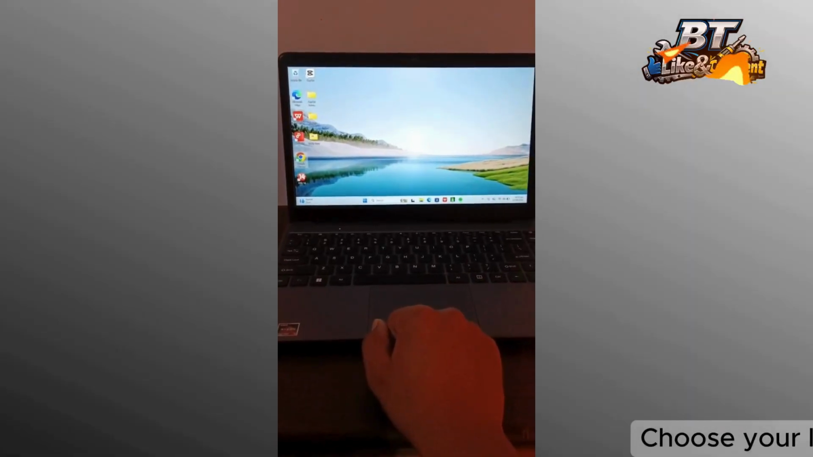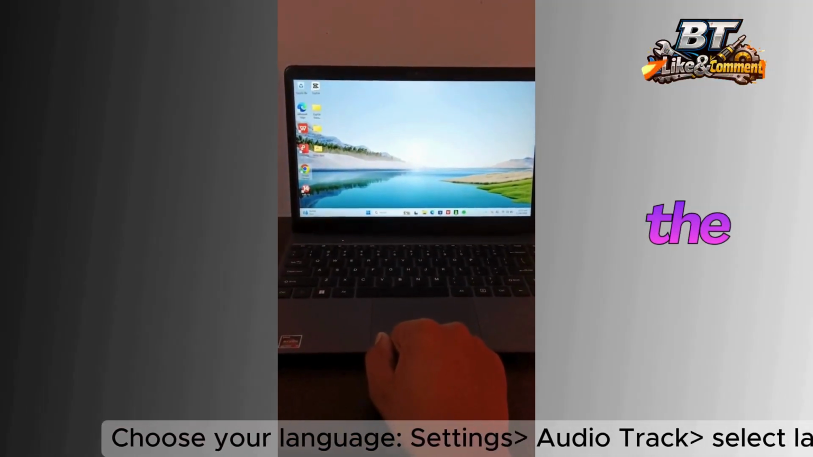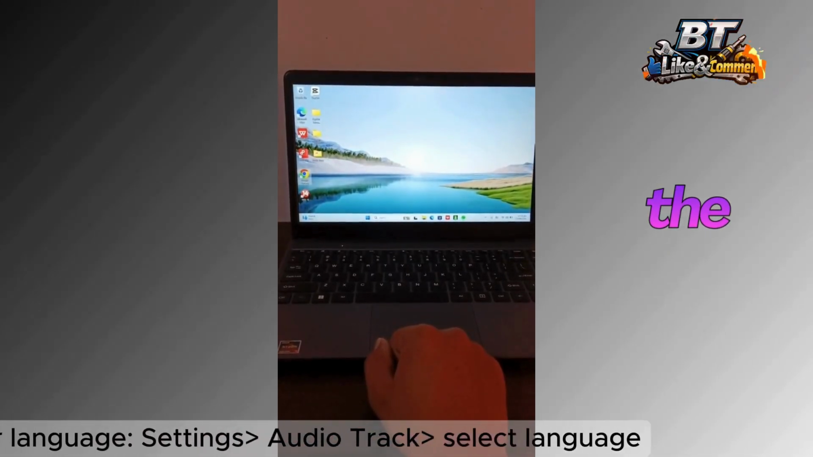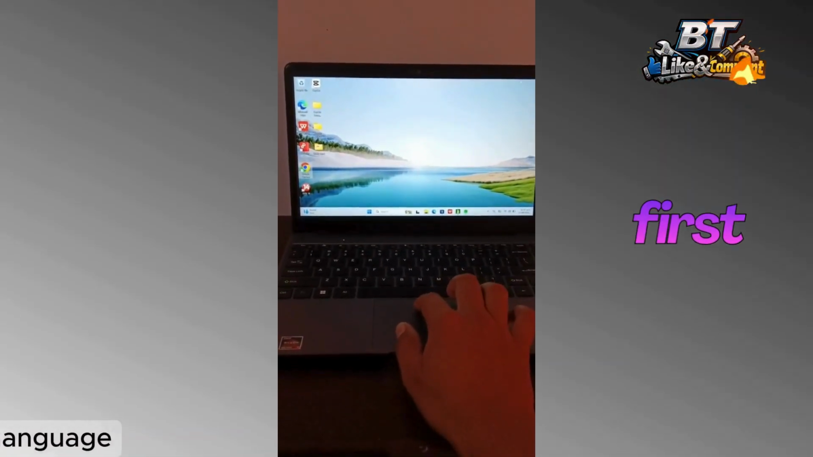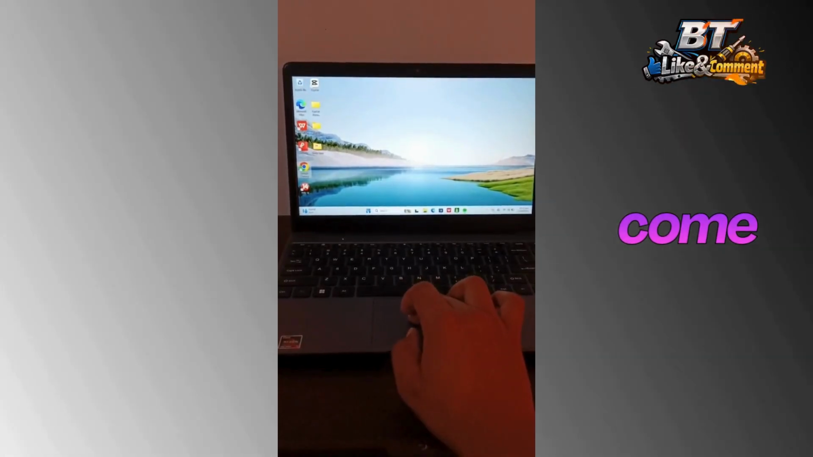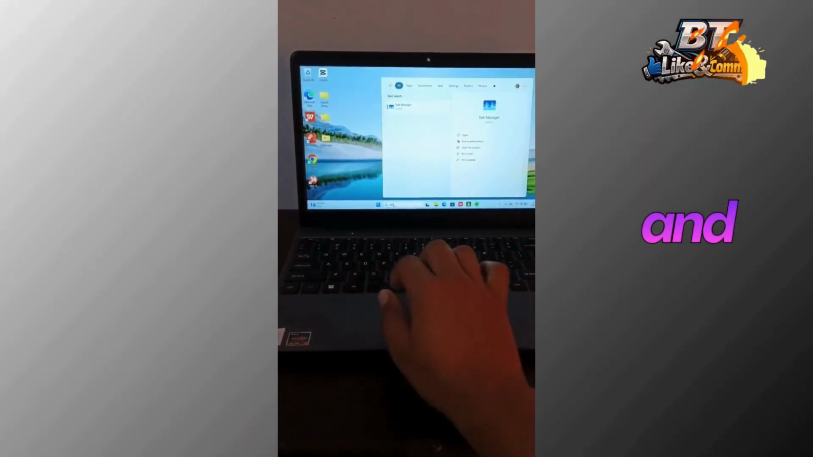Okay everybody, today we will learn how to end the unwanted apps which are directly affecting the RAM of our PC or laptop. The RAM is showing high usage when you are not using the apps. So first of all, you have to come into the start menu, type task manager,